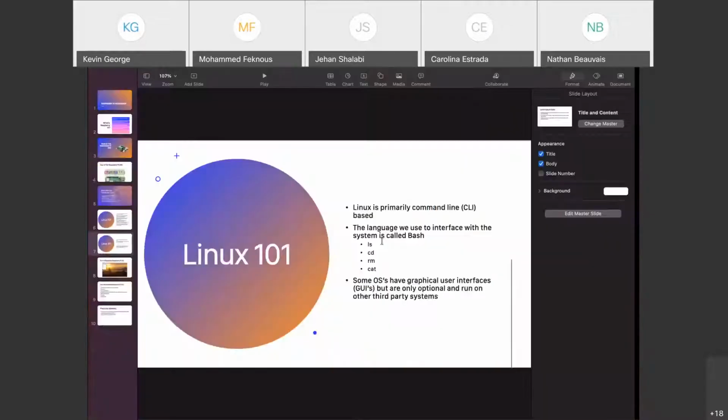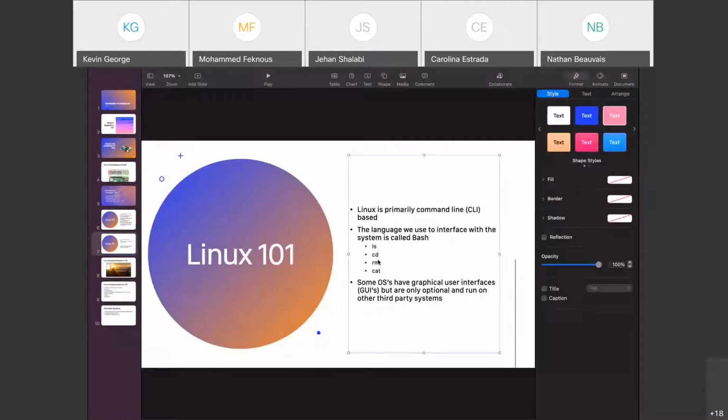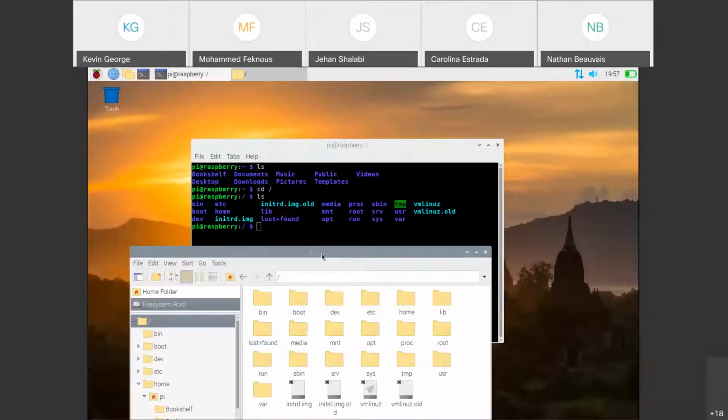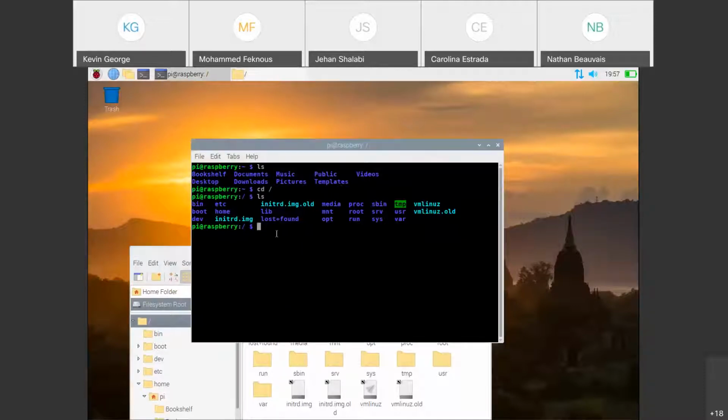So let's say, okay, what's the next one? Let's do rm. We can also manipulate directories, instead of just moving through directories and listing them. So let's say I want to make a file. I can use